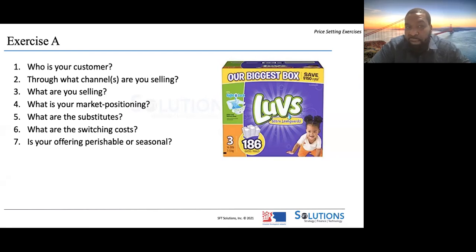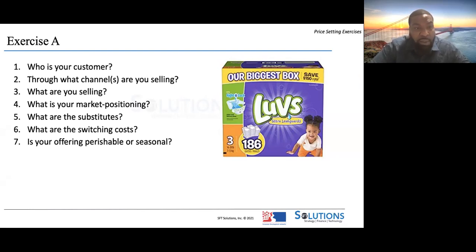You're selling convenience. Cloth diapers have been around for a long time, but no one likes to use them, right? So you're selling the convenience, or the ability for the consumer to not have to wash out their cloth diapers every time their loved one needs to go to the restroom.